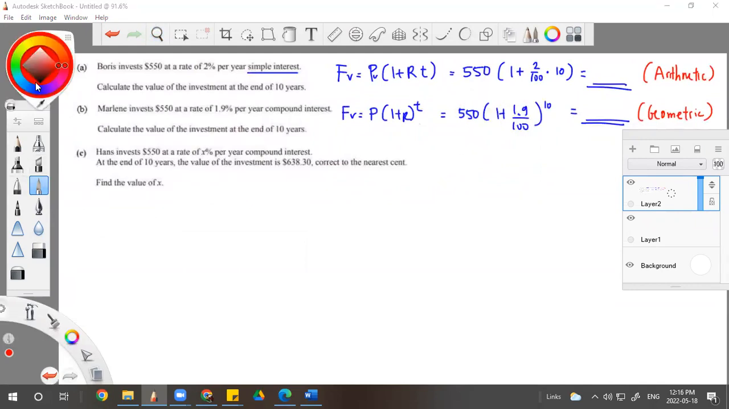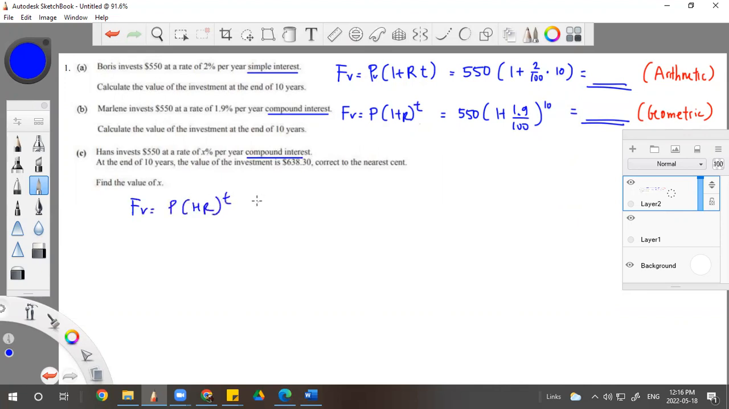Now, question C. Hans invests 550 at the rate of X% per year, compound interest. At the end of 10 years, the value of the investment is this. Correct to the nearest cent, nearest $0.01, find the value of X. What is X? X is the R, right? So for compound interest, the formula will be the same as question B. P(1 + R) to the power of T. The future value is